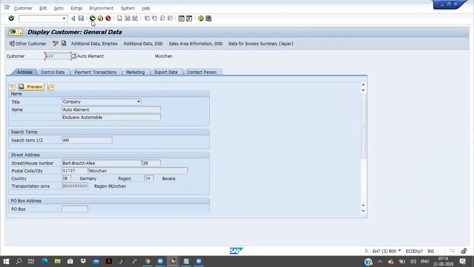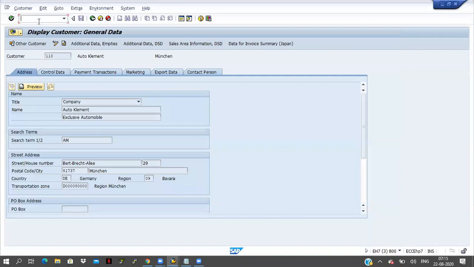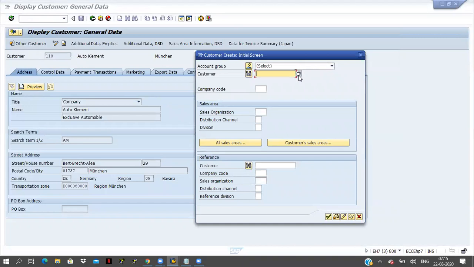So if you want to create any new customer here, the transaction code is XD01. If you remember one transaction, then you can automatically remember the remaining two also. For example, I can remember XD01, then automatically you can get to know XD02, XD03. So here is customer creation. Now I will execute XD01. I don't know exactly how it will work. For XD01, I have to give the proper data here, right? So I'm telling about that one.